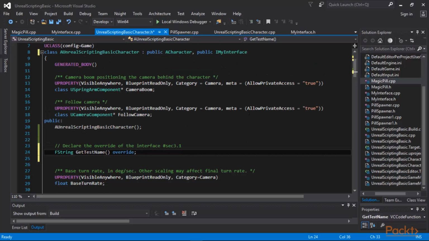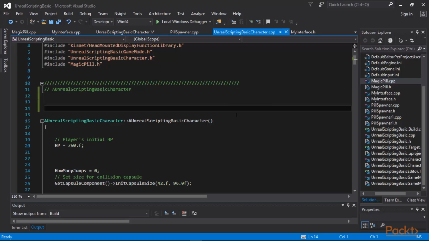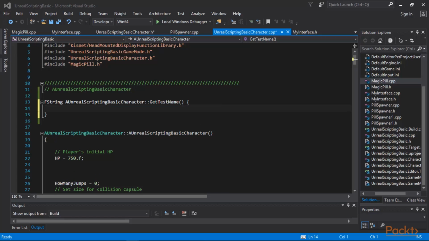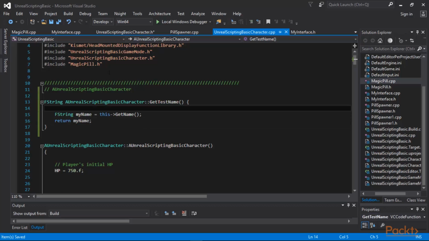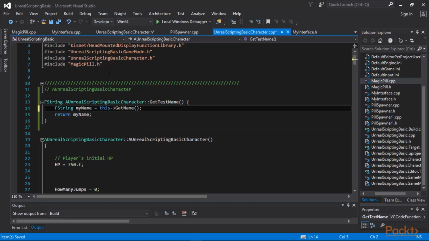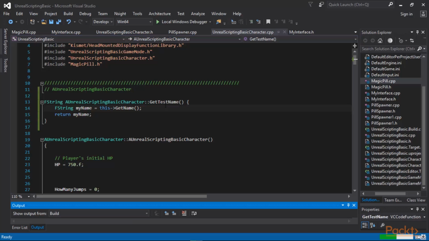Next, we are going to go to the Unreal Basic Character.cpp file, and from there, we are going to also implement this function. So it is going to return an FString, and I'm going to create an FString name that gets the name of my character, and then return the name. And this is all that we need to do to set up our character and implement its interface. Now with our interfaces implemented and added to our third-party object,